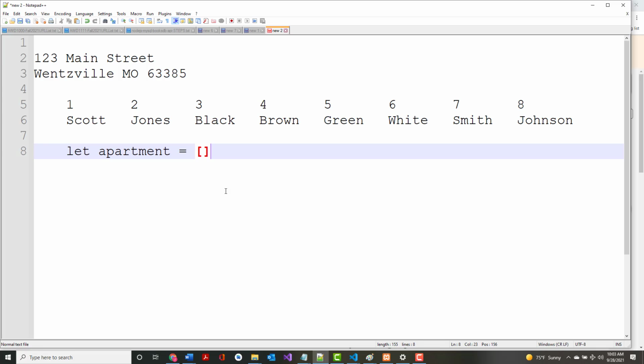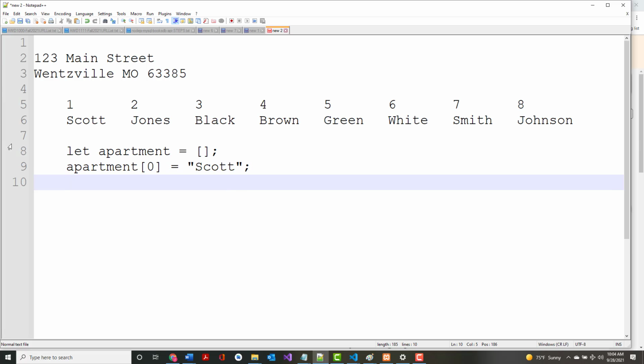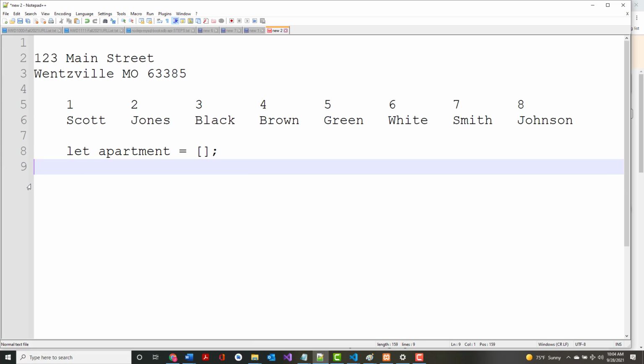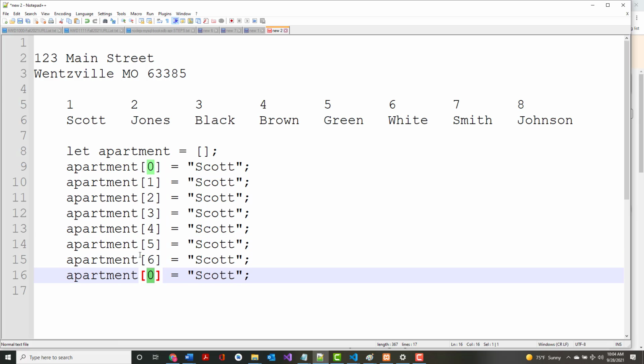Now this is only one way of doing it, okay? And I'm going to say apartment 0 equals Scott. And to try to make this go a little faster, 1, 2, 3, 4, 5, 6, 7, and